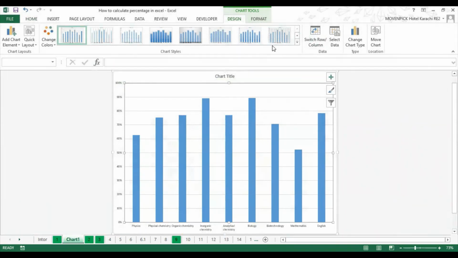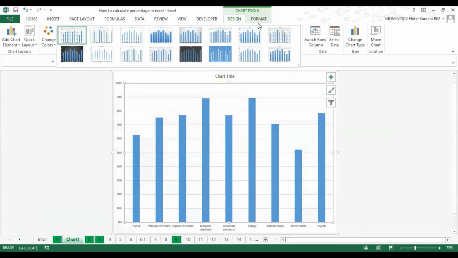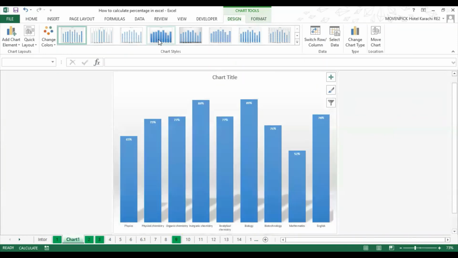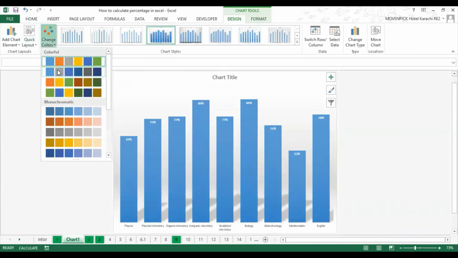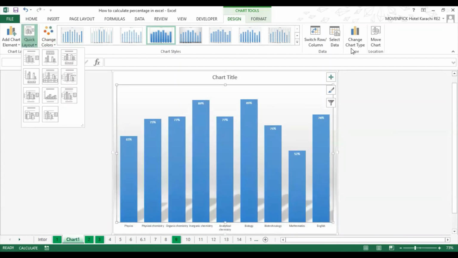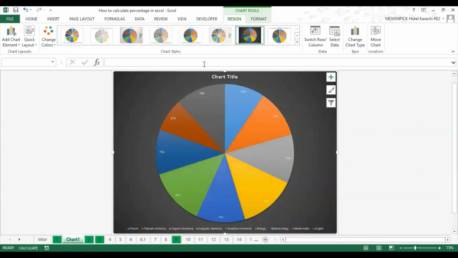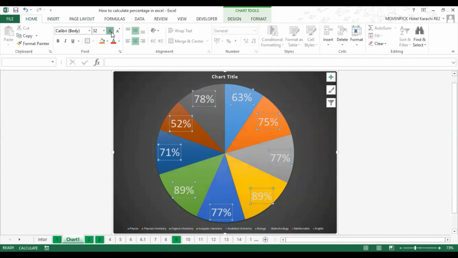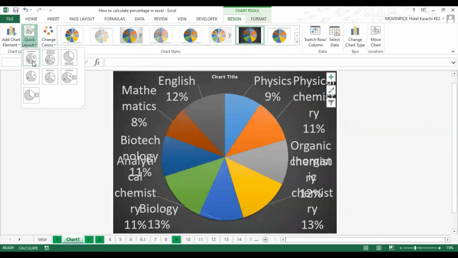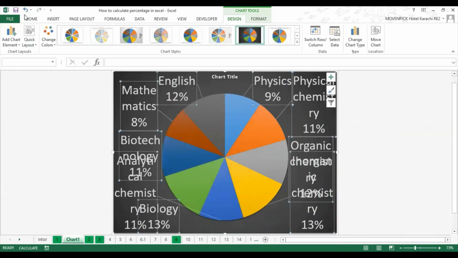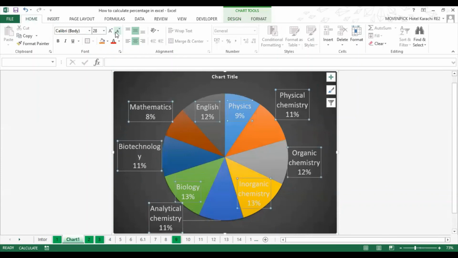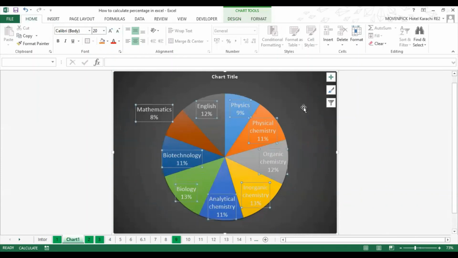We can create the chart with the help of the F11 key. It will create another sheet, and it's just for the chart purpose. You can change the chart type, and we will have the pie chart on this sheet. So here you can see you can increase the size of the percentage numbers mentioned on the chart, or you can change the layout to get the names of the products over here. So you can decrease the size of the name and percentage to have a better understanding of this chart, because it looks very messy.